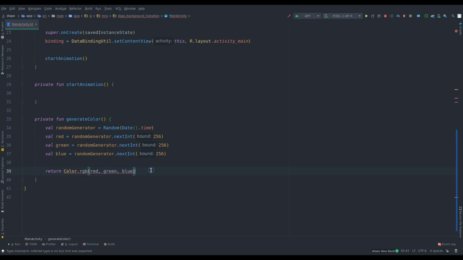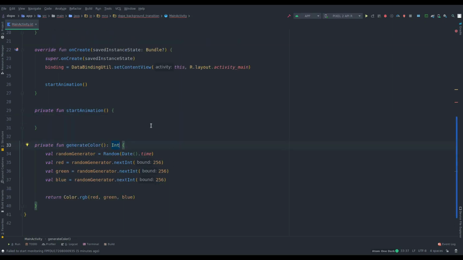Basically what we are doing here is generating a random value between 0 and 255 for red, green and blue, and returning the RGB generated color of that object, which is going to be color, or sorry, int. Alright,